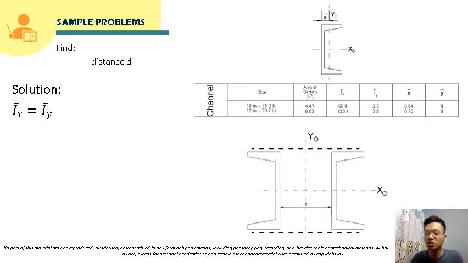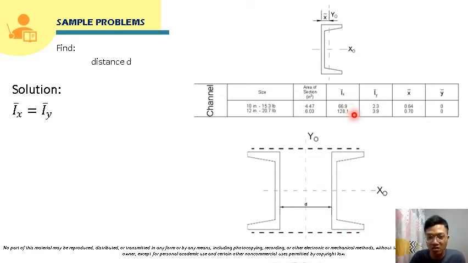So in this case, we can just solve for one channel and then multiply it by 2, since these two channels are identical and placed symmetrically. So we will solve for the moment of inertia with respect to the X centroidal axis. Here, the X centroidal moment of inertia of one channel is already given